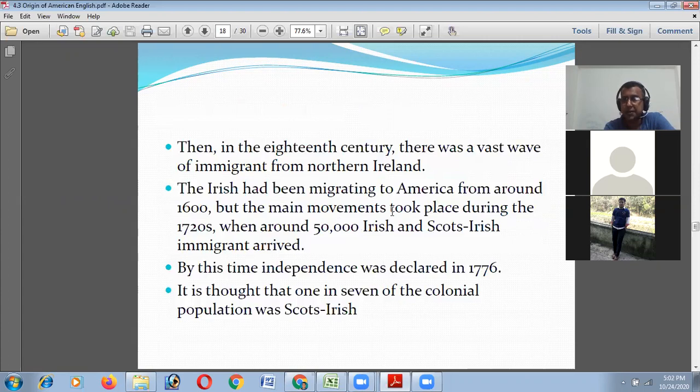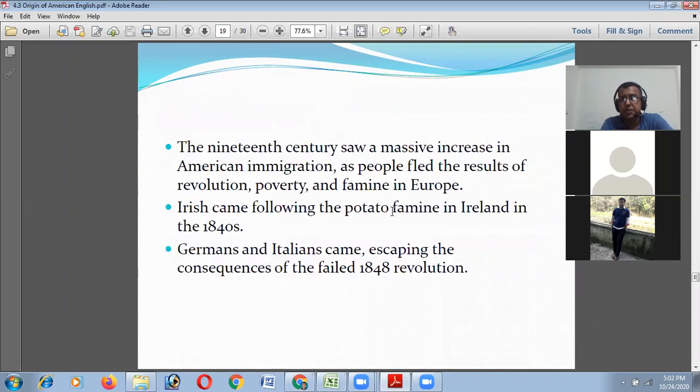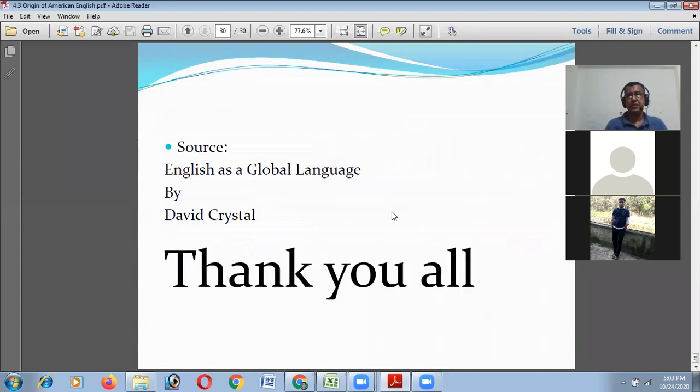In such a way, we see that the people of America are a diversified cultural group, but they have one language. The immigrant people go to America, but from the second generation, they start using English as their first language. In such a way, at present, the number of English language users who use English as their first language,